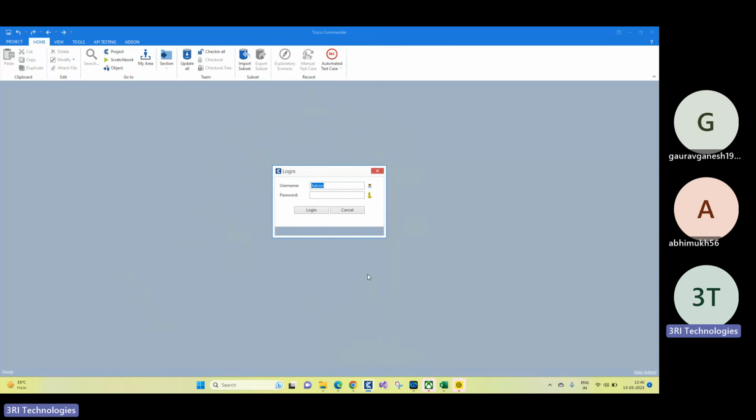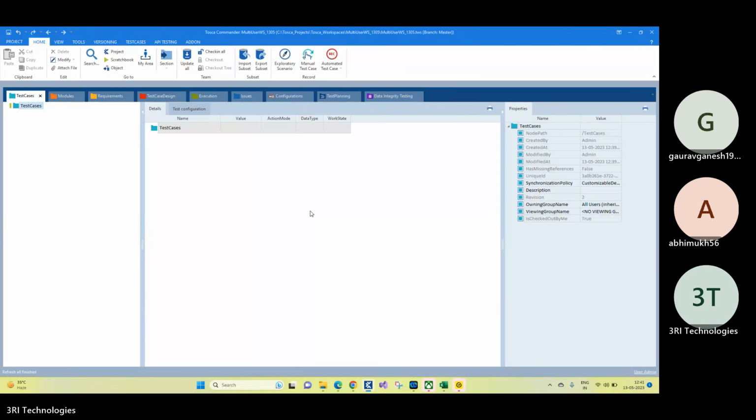If somebody comes, presses Control A and deletes everything, you should be able to identify who is making changes, who is deleting or who is creating test cases. So this pop-up comes automatically in a multi-user workspace. Here the default password is blank. I'm just clicking on the login button. It is taking me to the workspace and you can see there is nothing inside it. It is totally blank.